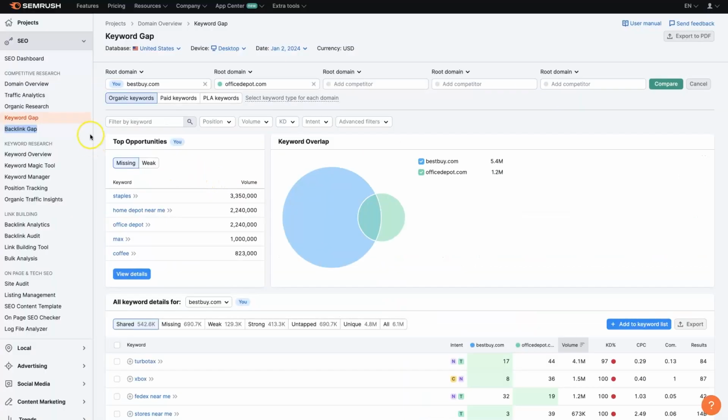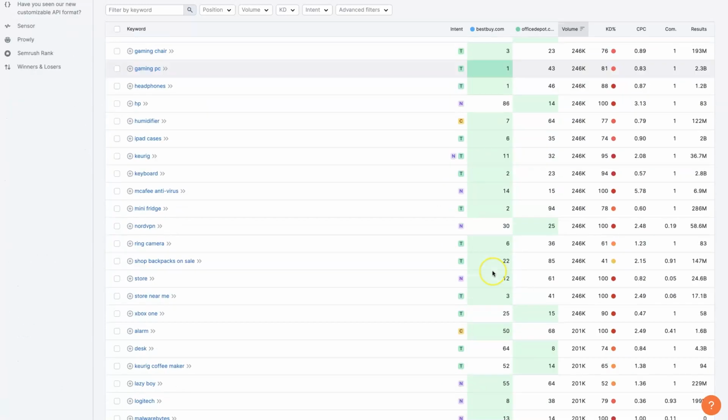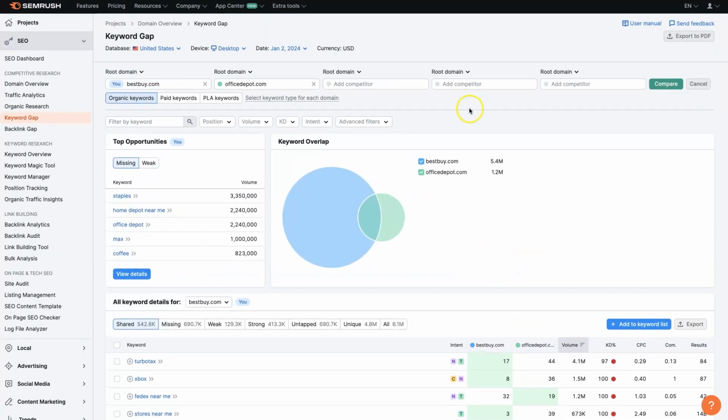And then after that, we have the keyword gap. So we can put our website and our competitor's website in here, and it's going to show us where we have overlapping backlinks and where they have backlinks that we don't have and where we have backlinks that they don't have. And of course, we can export this list and start going after some of these backlinks that our competitor has that we don't have, which you can use the link building tool for that whole process,